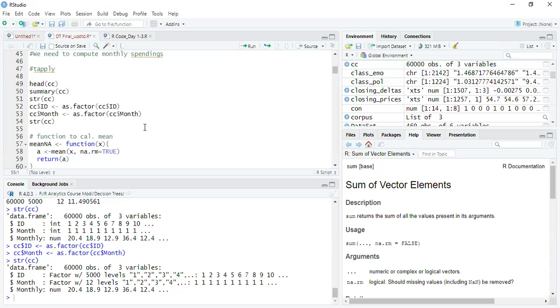So in this process, the first thing we did is we converted id and month from integer to factor. At the end we should convert each and every column, but we will go one by one. So there is a certain process. Now once id and month are converted into factors, we will try to use the same